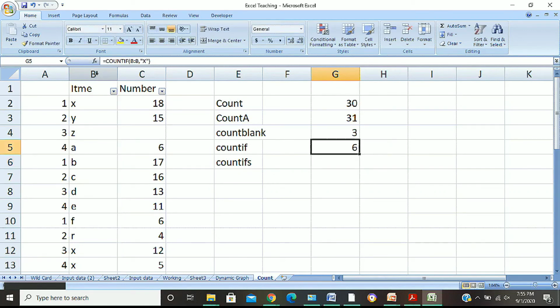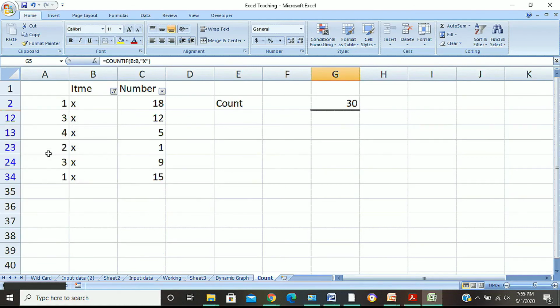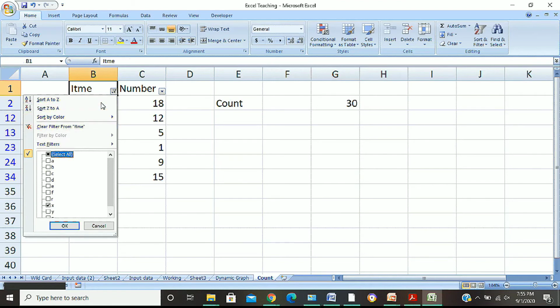Now see, wherever x is there, it is going to count. Now we will just filter it with x, to see whether it is correct or not. So we see there are only 6 x, so it is giving us the number 6.